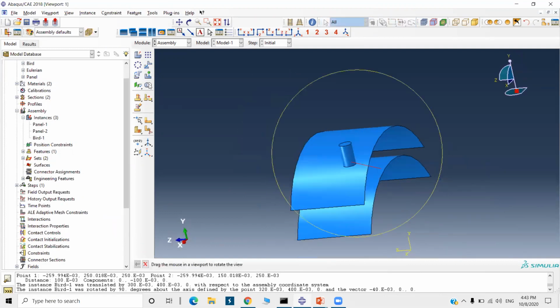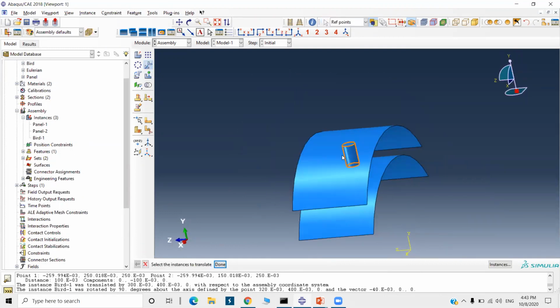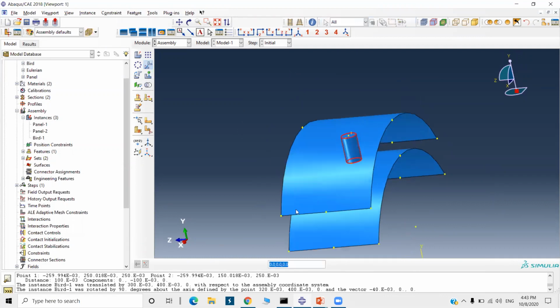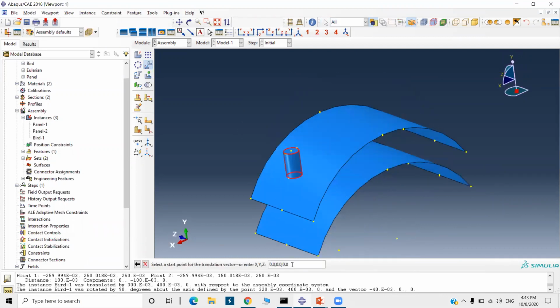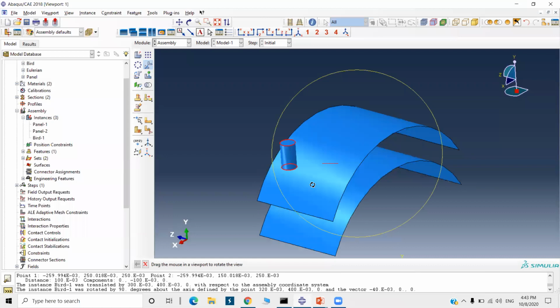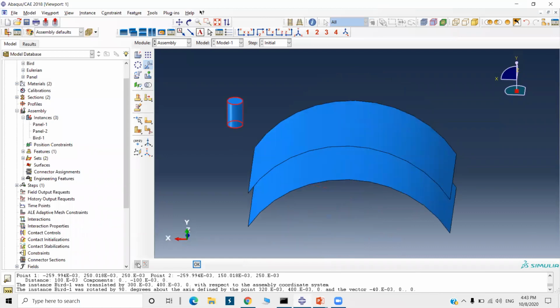So I need to move it again. Select it, set done. In the z direction, I have to move it 0.1. Sorry. First point is 0 starting point, enter it, and second you can enter in the z direction 0.1. Okay, so this is the correct one.